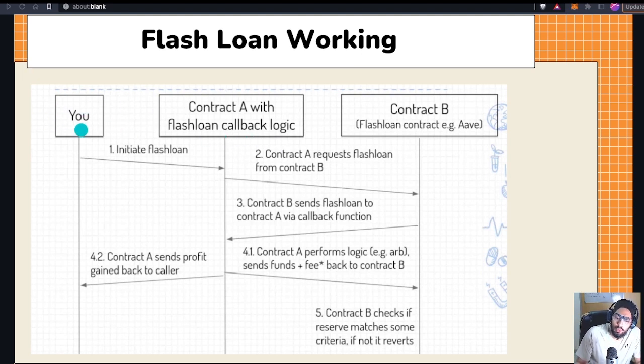First is you. You are the borrower that wants flash loans. So if you want a flash loan, you are the person here, right? The borrower. The other component is contract A, and the third component is contract B. Contract B is basically the smart contract of the lending platform, the flash loan contract of the platform that you're using. For example, Aave. In this tutorial also we'll be using Aave. So, this is the flash loan contract of Aave